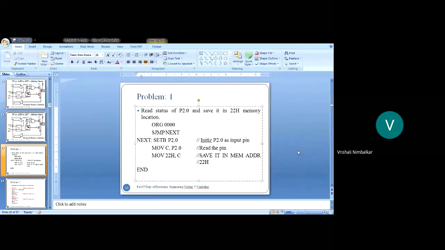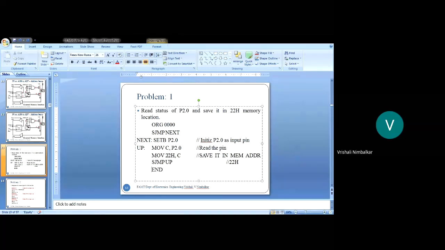And if this should happen continuously, SJMP, what to do? Repeat the reading process. Who is reading the pin? It is MOV C. So reading the pin continuously and saving it in memory, and we end the program.